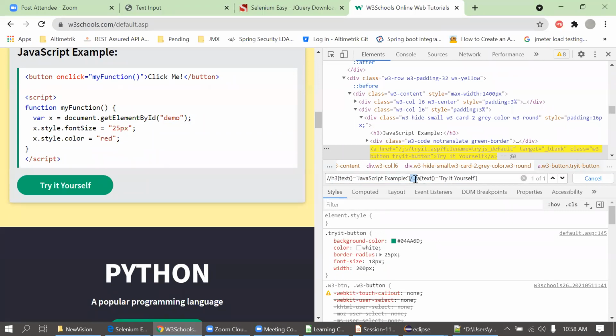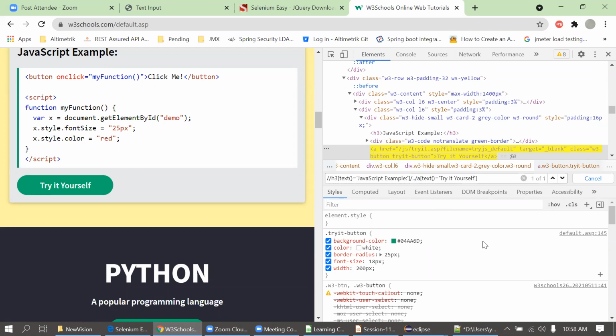So here we are traversing next, not in the whole shadow DOM, but the immediate next element, right? And then we are again using the same thing, a dot text method. A is the anchor tag, and this is the method, right?